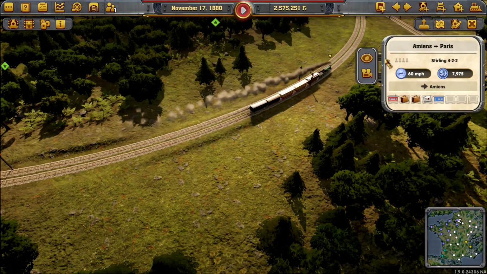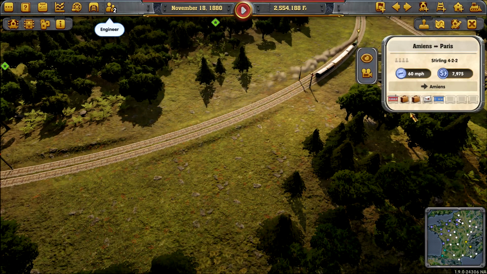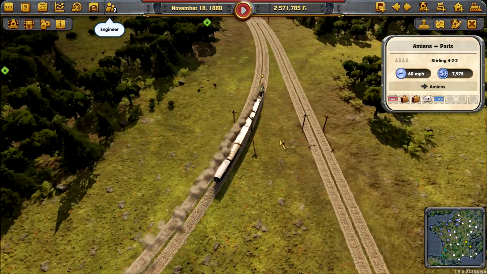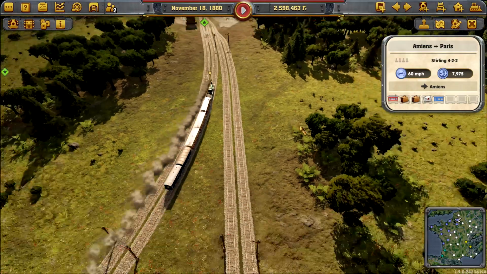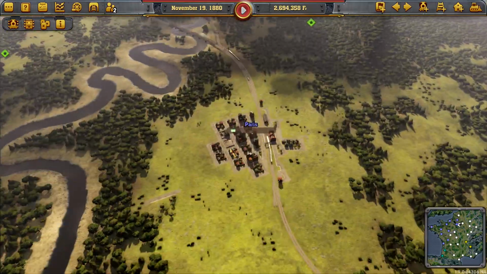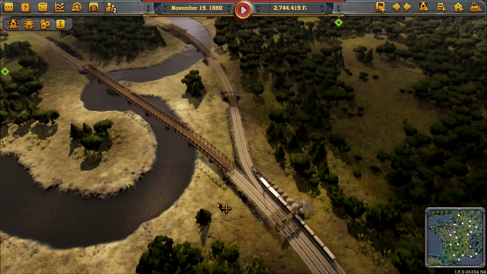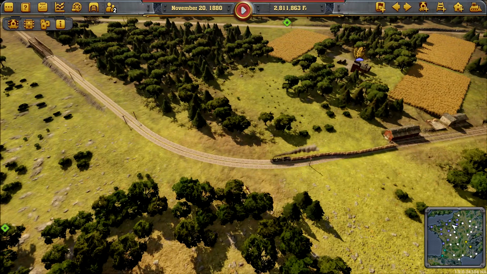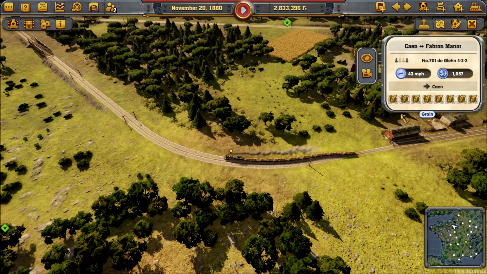Does it tell you anywhere how fast this is going? 60? Yeah, it's doing 60 miles an hour. Look at that. That's not the train, Grand. That is a passenger train. We need the ones that are... All I can see is passenger trains. Do you think I'm distracted here? 42 miles an hour. If it goes faster...